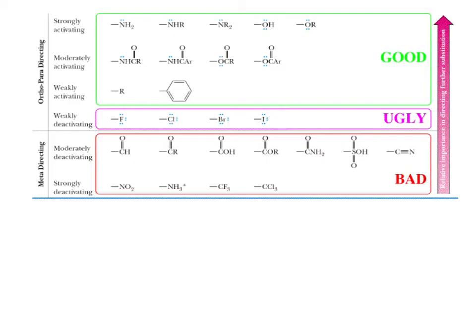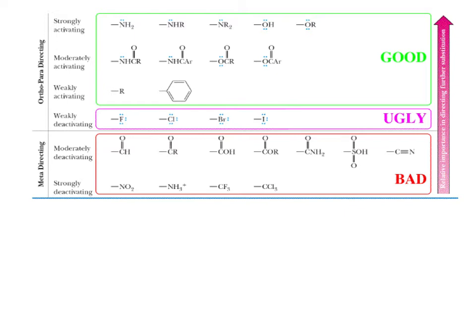So now to dive into the identities of particular groups that you may run into as directing groups, we're going to look at this chart, which is available to you in the handout for chapter 17. If you're on Canvas and go under the module for this chapter, you will find this particular handout. So what we're going to do is spend the next few minutes dissecting this handout in order to prepare us